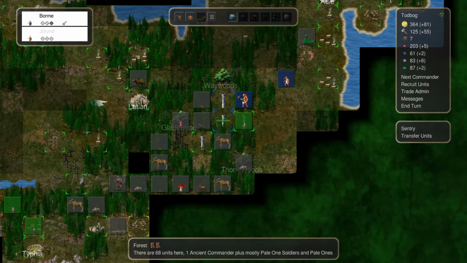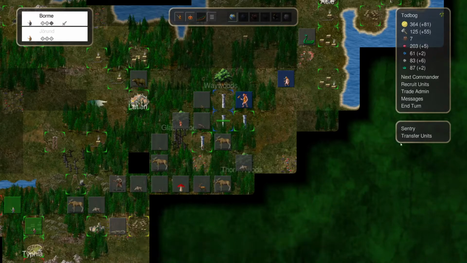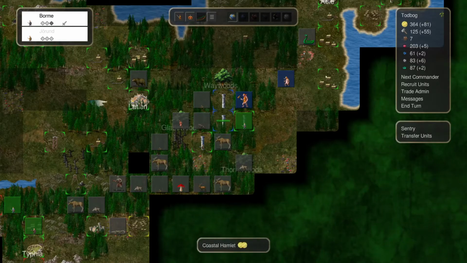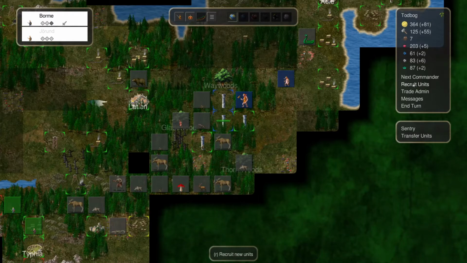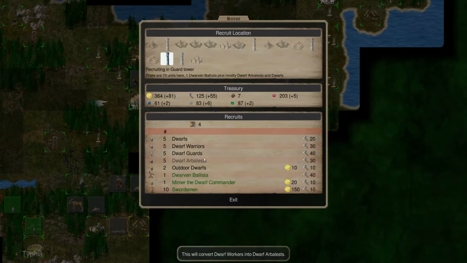Down here, though, I can do recruit actions in all 3 towers. What does my force look like? So I would do 1 set of melee and probably 2 sets of outdoor dwarves at this point. So let's do that. So we'll go ahead and recruit unit. Let's see, 70 units. So we'll recruit a...